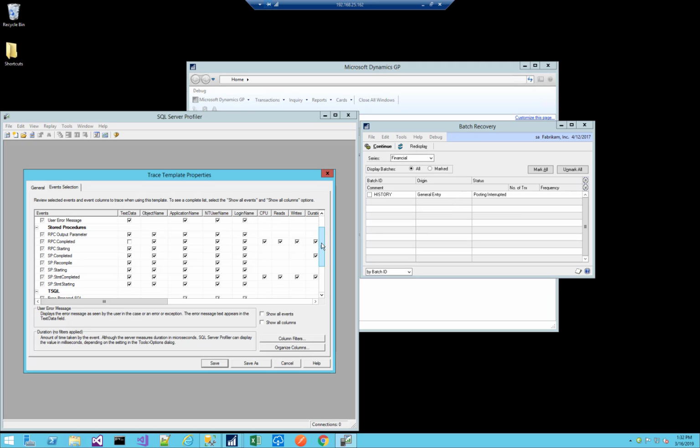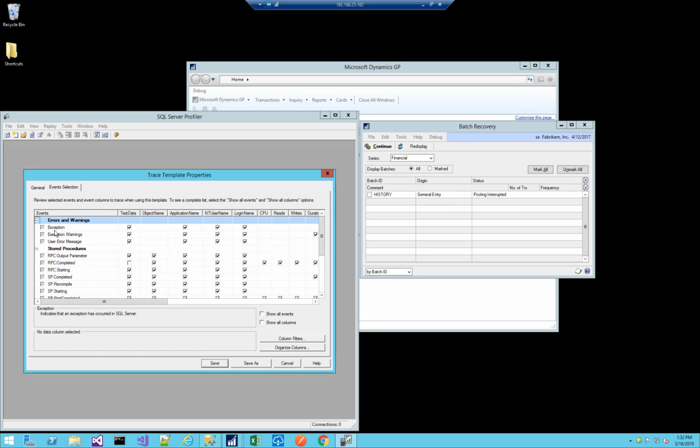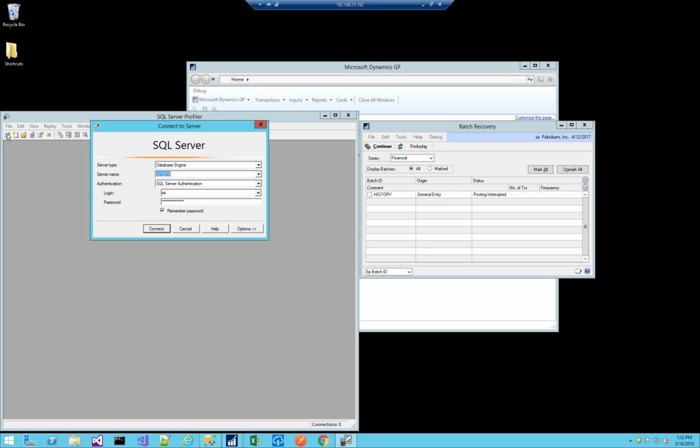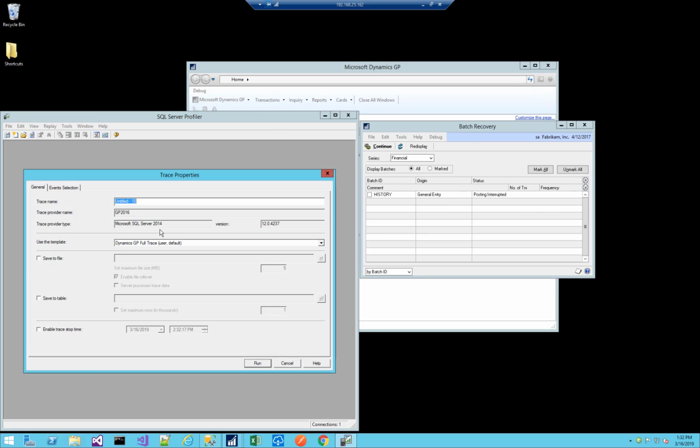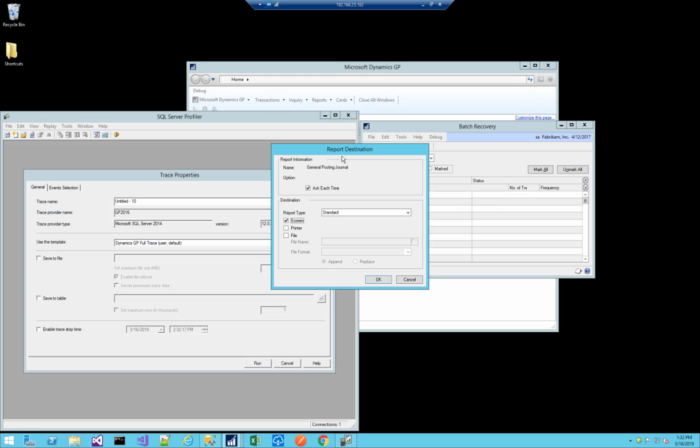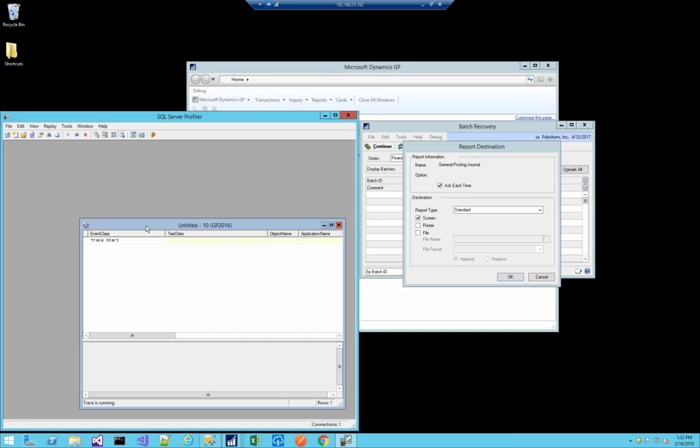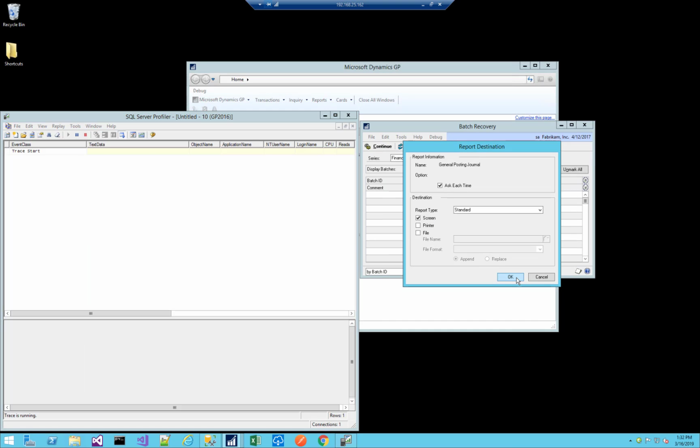So I selected all of the object names for the stored procedure events, and those were the 2 changes that I made to this template. And so now I'm going to do a new trace, and I'm going to select my Dynamic GP Full Trace, and I'm going to get this ready, prep it to post, start my trace, click OK,